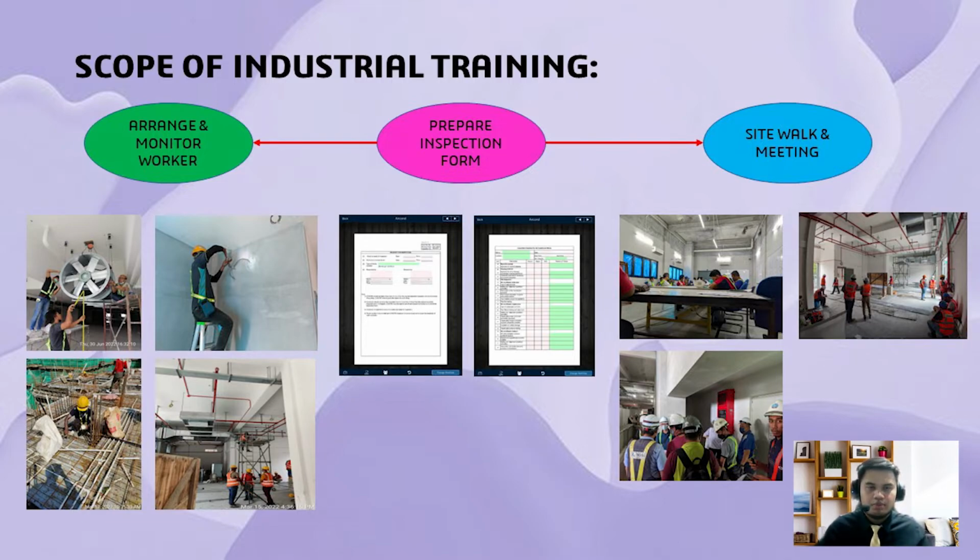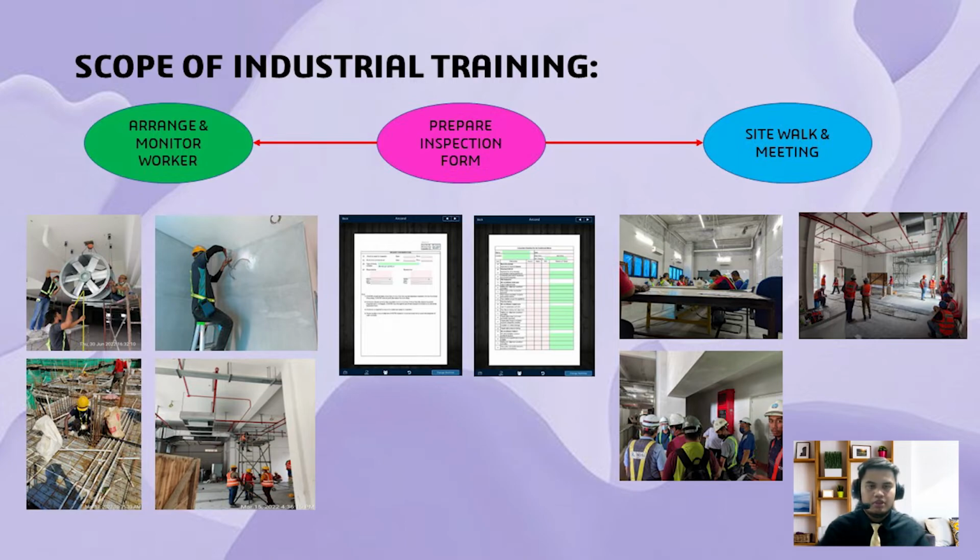Second, prepare inspection form. After the installation is settled, inspection must be done by the client to hand over the material that has been installed to them. To do an inspection from our side, we need to request the inspection from the main contractor and the client. So, we need to fill in the inspection form one day before the inspection is carried out. Currently, the inspection form is online in the Snagger application. Third,